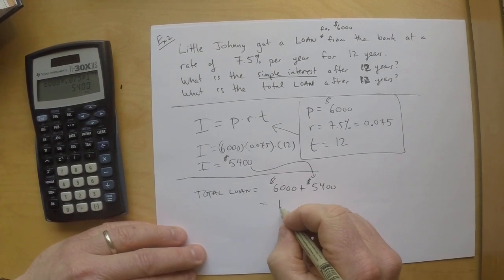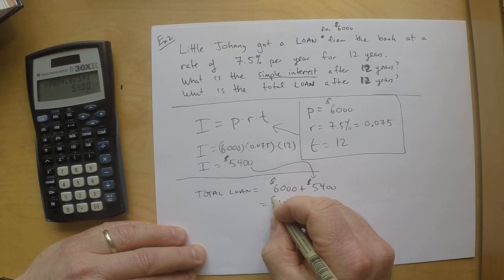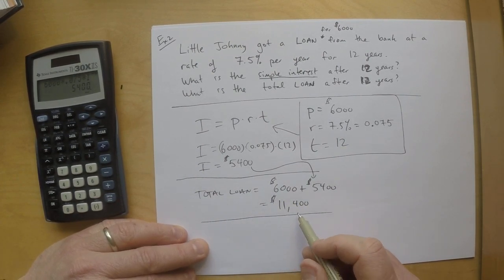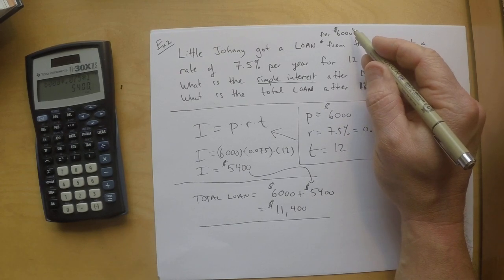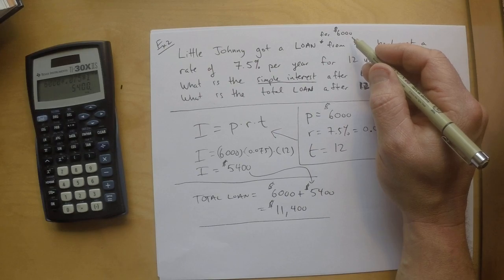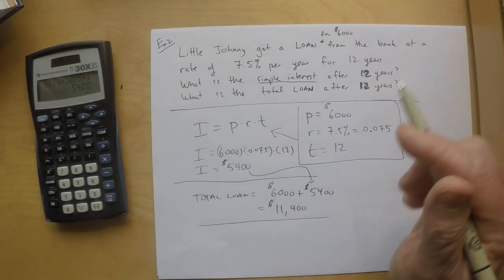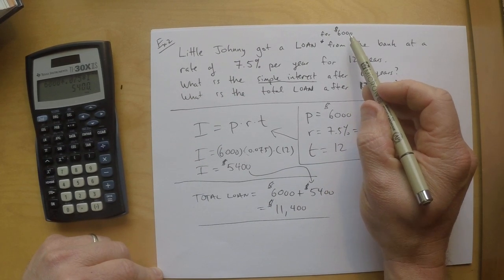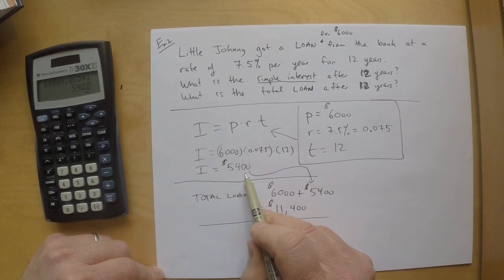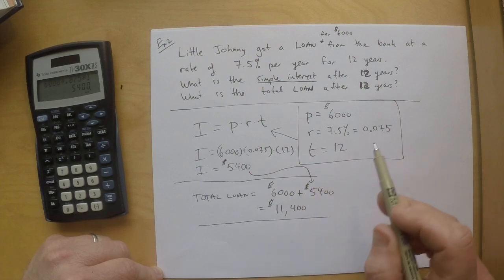And so Johnny has to pay $11,400 back to the bank for his initial $6,000. So I hope his moped was good, but most people have to do that. When you're buying a house, you have to do this on large levels, because to buy a house for $400,000, not many people have $400,000 in their back pocket, so you have to go to the bank. The bank says, "Okay, here's the money, but as time goes on, you're going to owe us interest." And you can imagine, this is only a $6,000 simple interest loan over 12 years. Imagine if this was a huge investment, and then on top of that, not compounded simply, but compounded, interest would